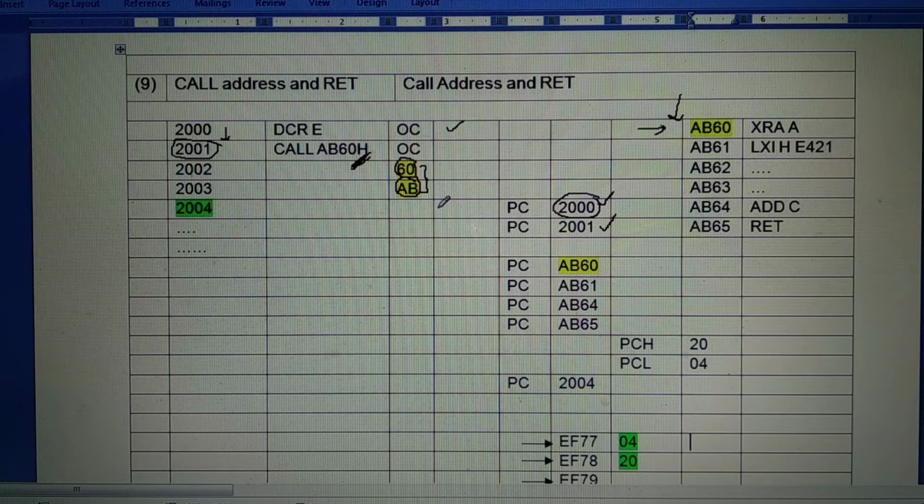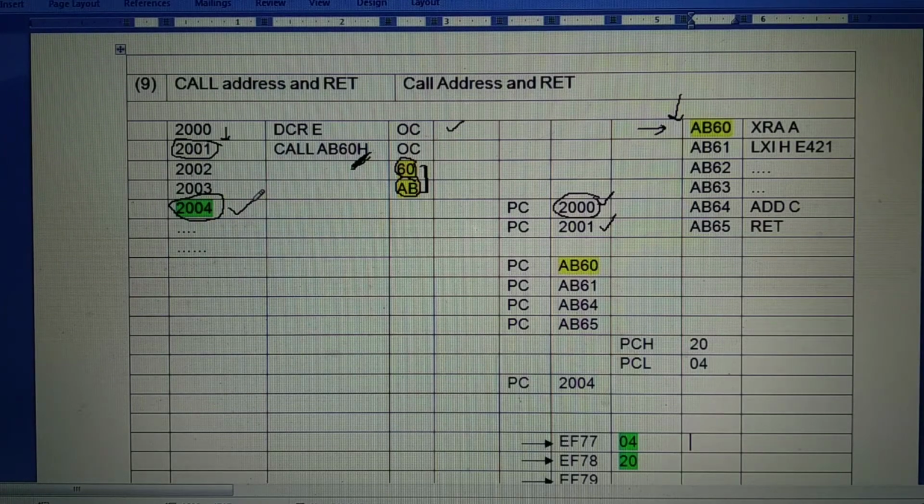But before that, listen carefully, whatever is the address of the next executable instruction from the main program, it is stored in a stack. It is stored in a reserve memory location, and whenever you require it, you can pop it, you can retrieve it. Before these two numbers go into the program counter, the address of the next executable instruction is stored in the stack.